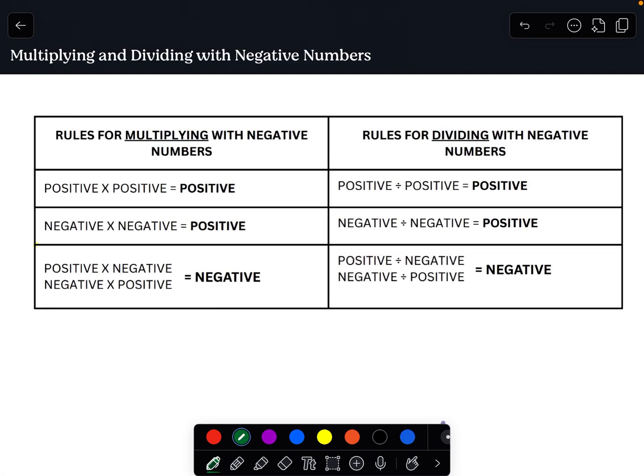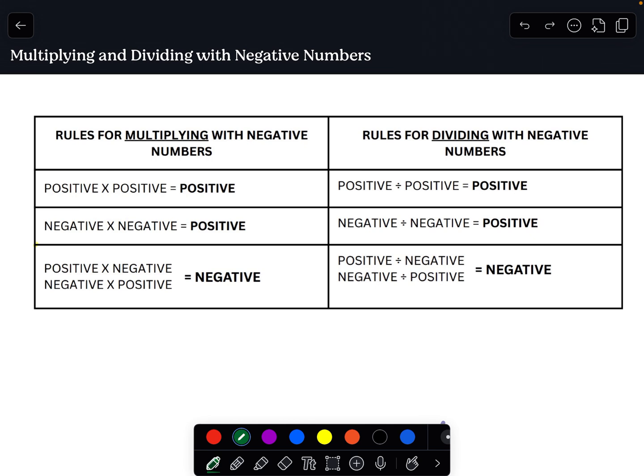What's up? Today we are talking about multiplying and dividing with negative numbers. And I have what I think is good news. If you already know how to add and subtract with negative numbers, multiplying and dividing, in my opinion, is actually easier. There's a simple rule that you can just follow, which is when you are multiplying or dividing, if